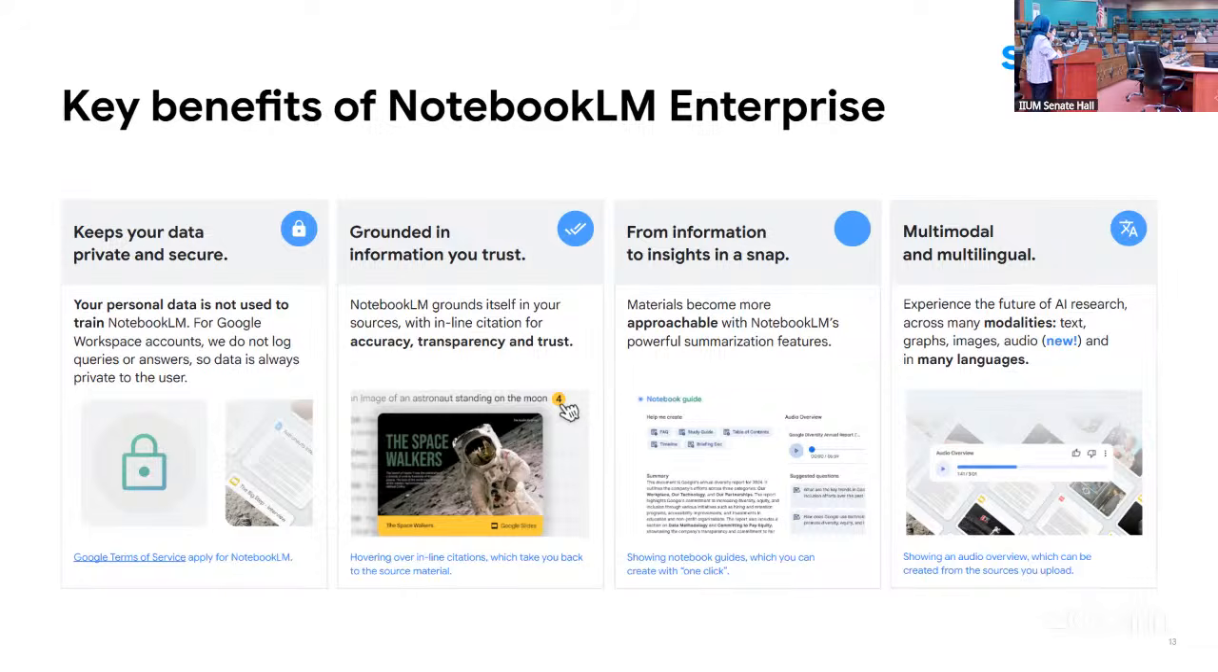It lingers within your domain, students.iium.edu.my. So your data stays there. It is not being trained outside of your domain. So for Google Workspace accounts, we do not log any queries or answers, so the data is private to the user. And the next one, the information is grounded,